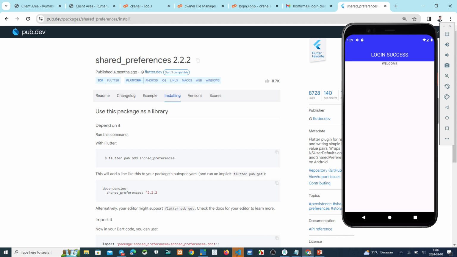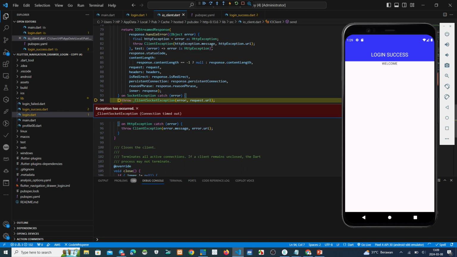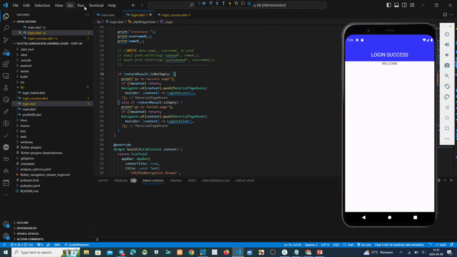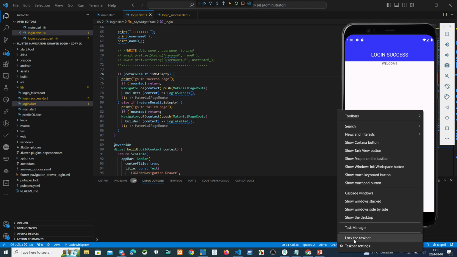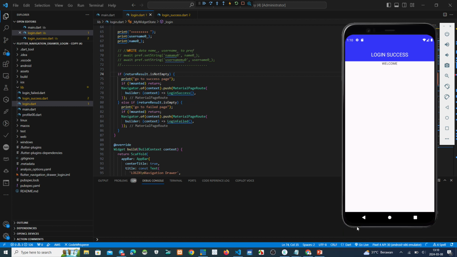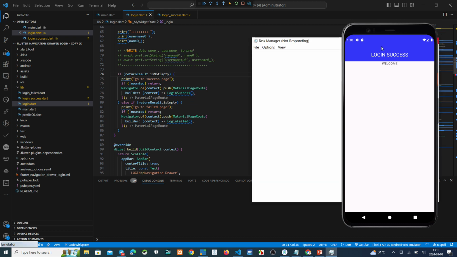There's something wrong here. Okay, moment. We got a time out here. Okay, we must stop the running first before we continue. We have a problem. We can see the task manager.